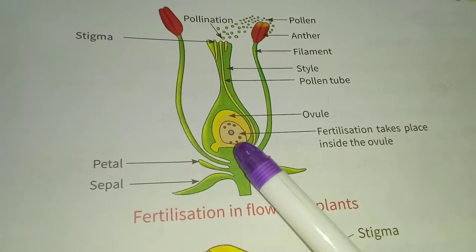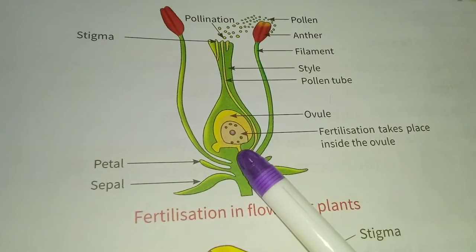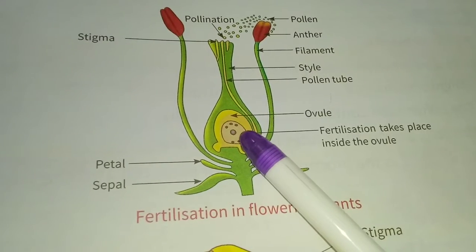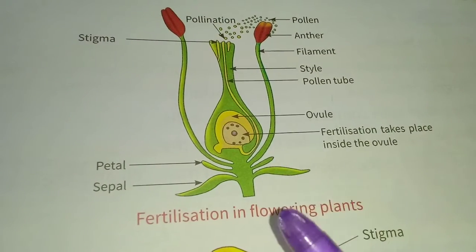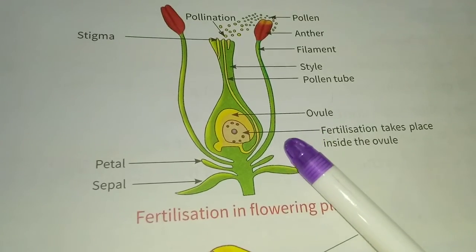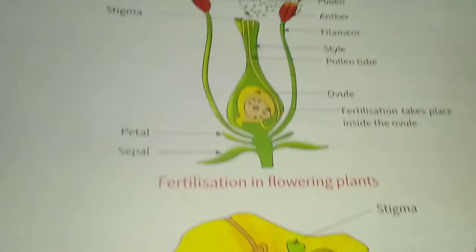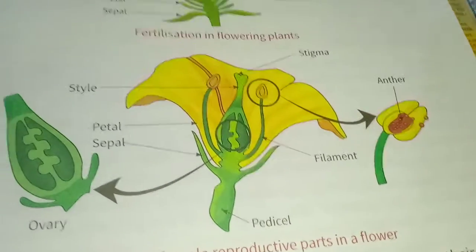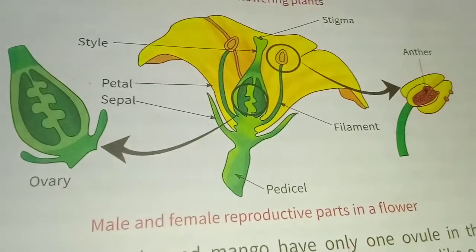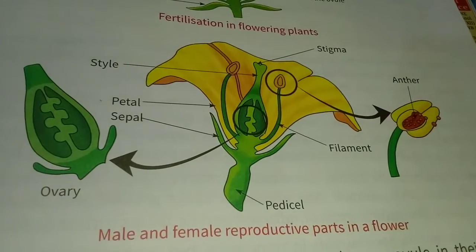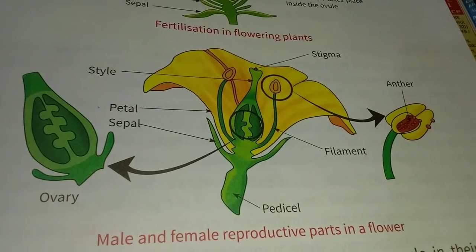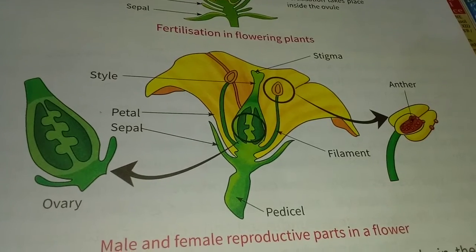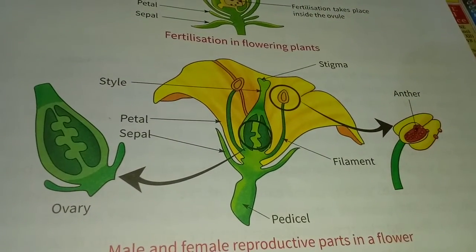After fertilization, the ovules finally form the seeds and the ovary becomes the fruit. As the fruit matures, the petals become dried and fall off. Next, some fruits like mango, avocado, lychee, etc. have only one seed in a fruit because they have only one ovule in the ovary, and some fruits like orange, papaya, etc. have many seeds as they have many ovules in the ovary.